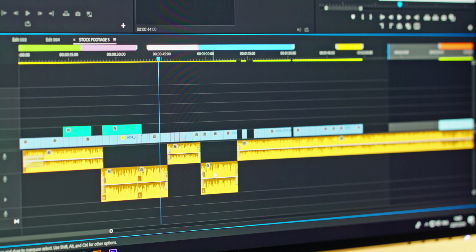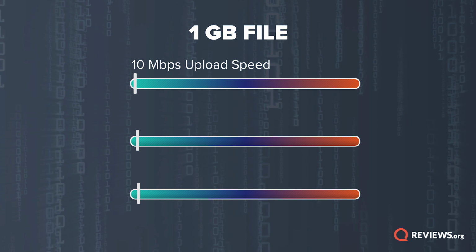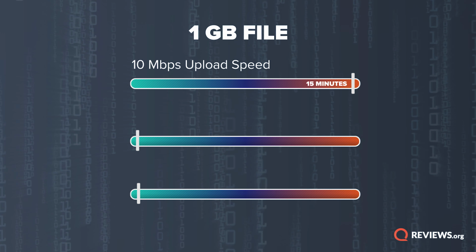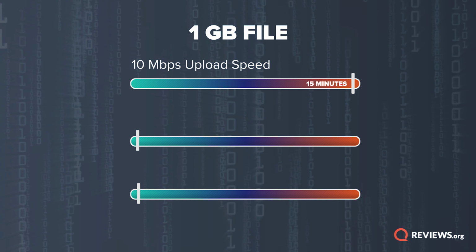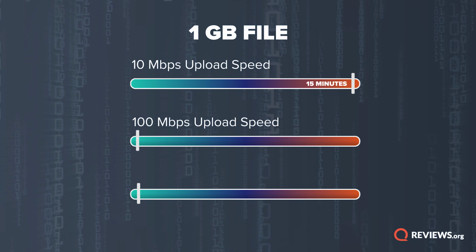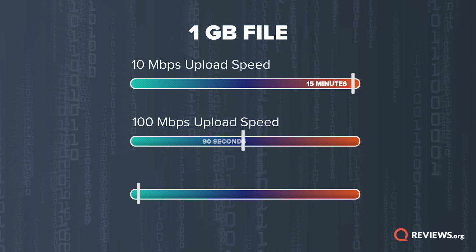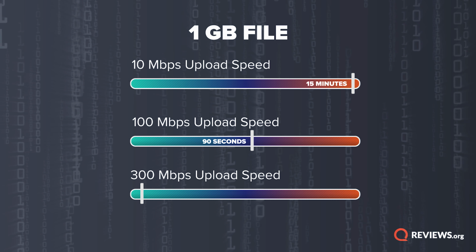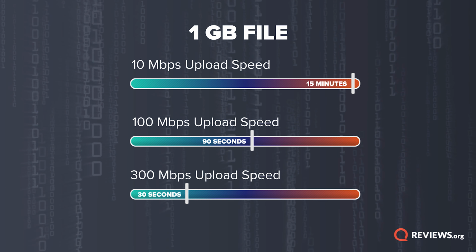This 4K video that you're watching right now will be somewhere in the range of 1 gigabyte. At the same 10 megabit per second upload speed that we were talking about earlier, that would take you a little under 15 minutes to upload to YouTube. So okay, now we're getting into potentially annoying wait times. If we had a 100 megabit per second upload connection, then we could drop that to about a minute and a half. 300 megabits per second, less than 30 seconds.